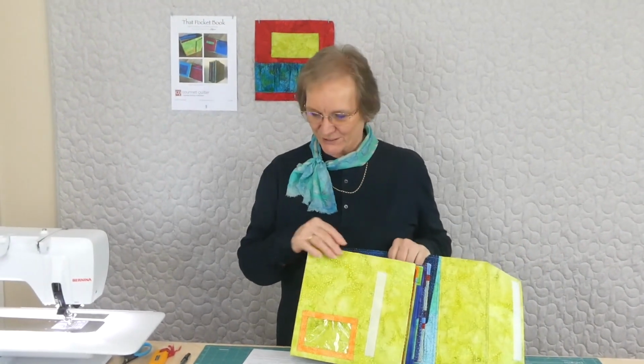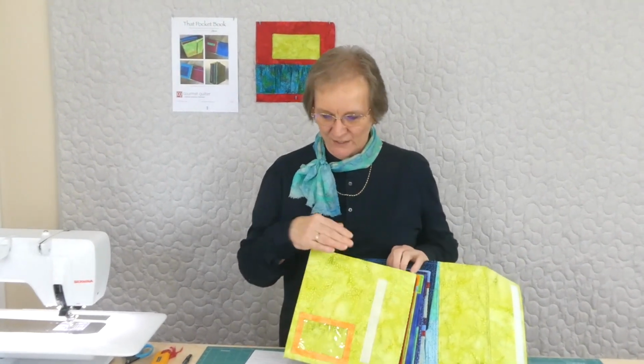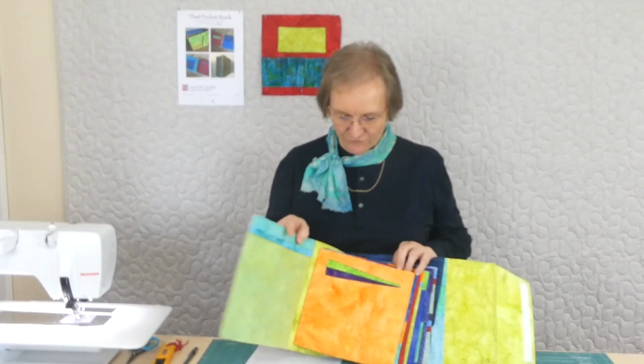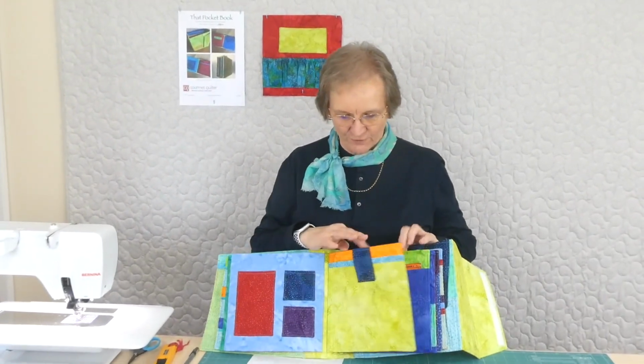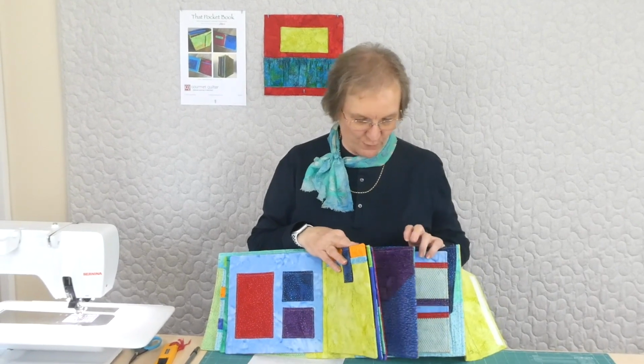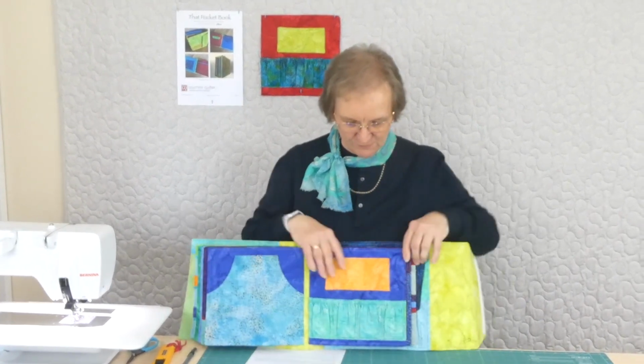Welcome to that pocket page book that we're making. We're doing it page by page, so we're having a lot of fun. It's a cloth book, we've got lots of different pockets going on, and we've been making quite a few. So we're actually up to pocket page number 12 today, and it's going to be this pocket here, which we've